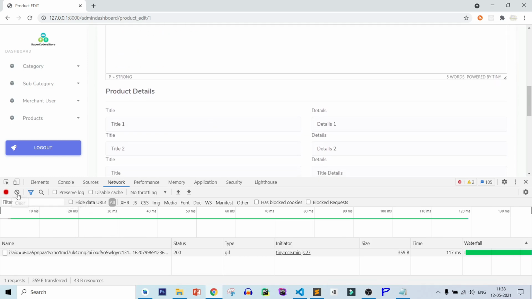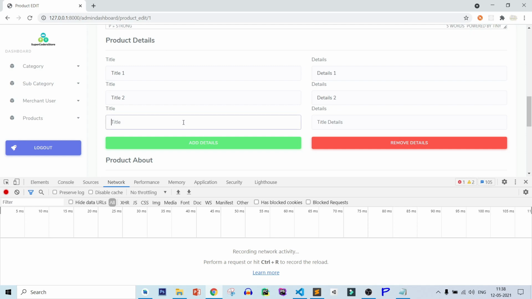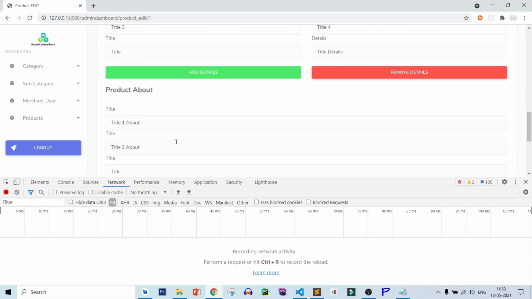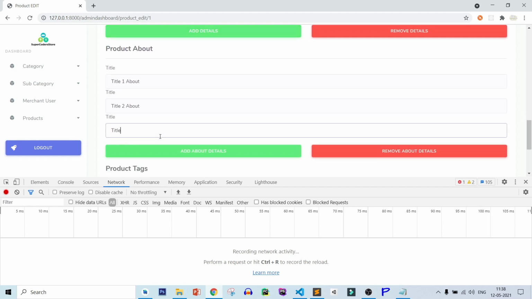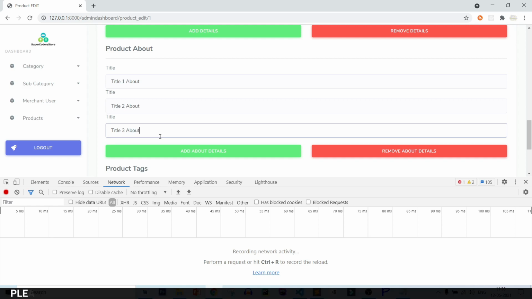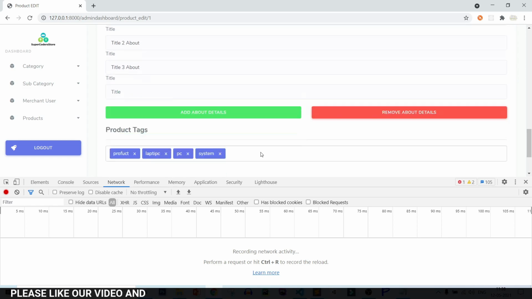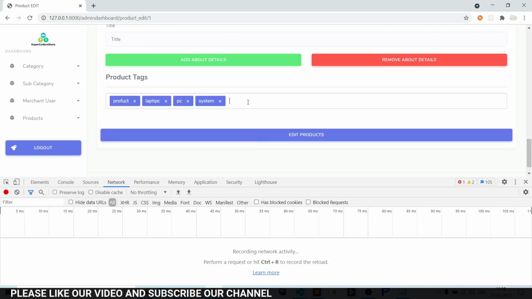Okay, clear again, adding new content. So title 3, title 4, adding one blank data, title 3 about, adding a blank, also adding a text.